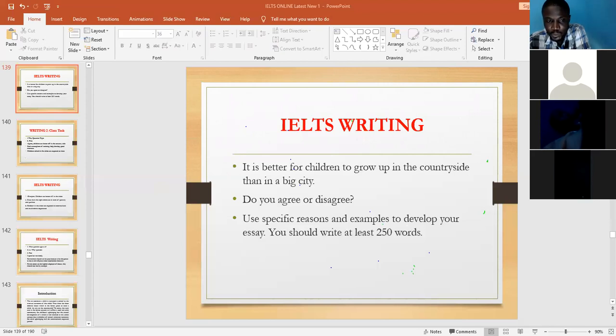Please, I will be expecting this task. But if you have 2 or 3 points, raise and explain them so that I'll be able to go through them with you, please. Because that's the only way you can improve. And by the next class, I will be teaching how to write the introduction.